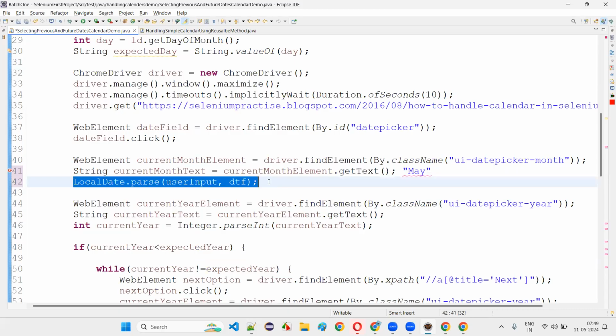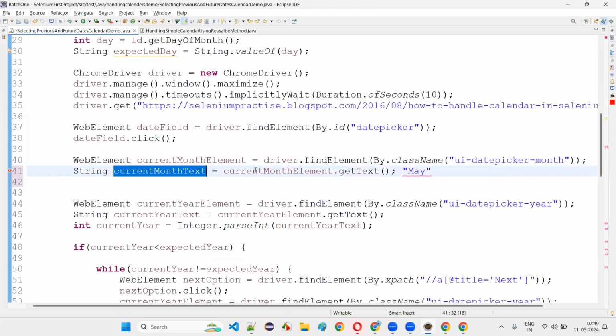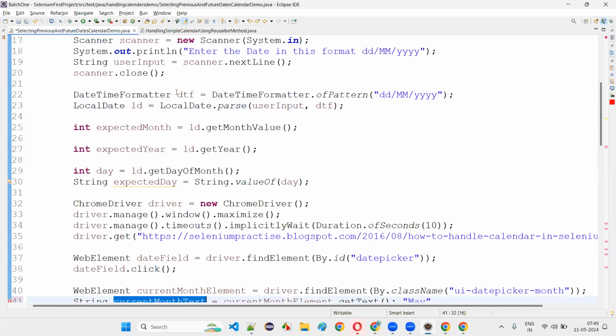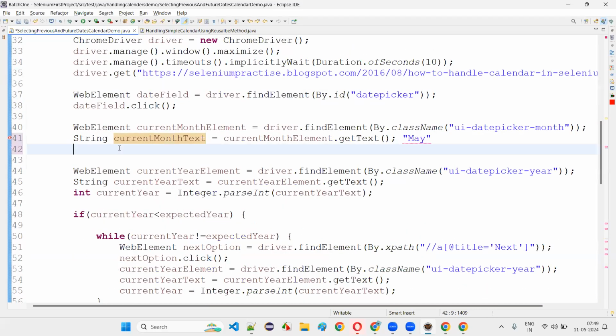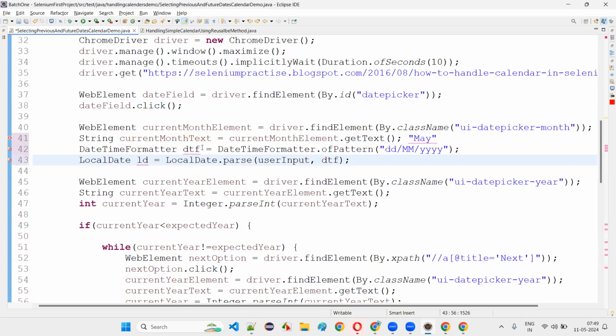But that is not in that format, right? The month text is not in this format. So I'll do one thing. I'll just copy these two lines. The simplest way is like this: DateTimeFormatter, I'll say DTF2, and here only